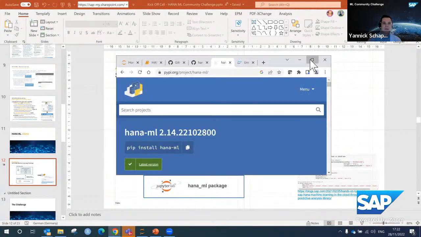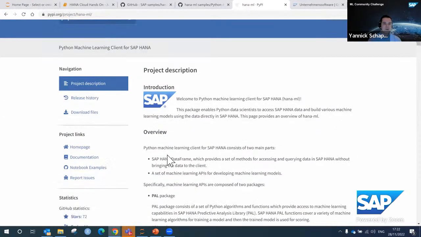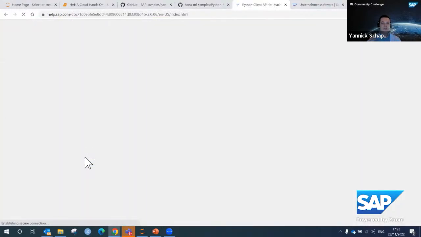There it is. So under the link, you will find a lot more examples you can try. And in here, you will also have the documentation, how you actually tune these algorithms, and you find a lot more possibilities there as well.